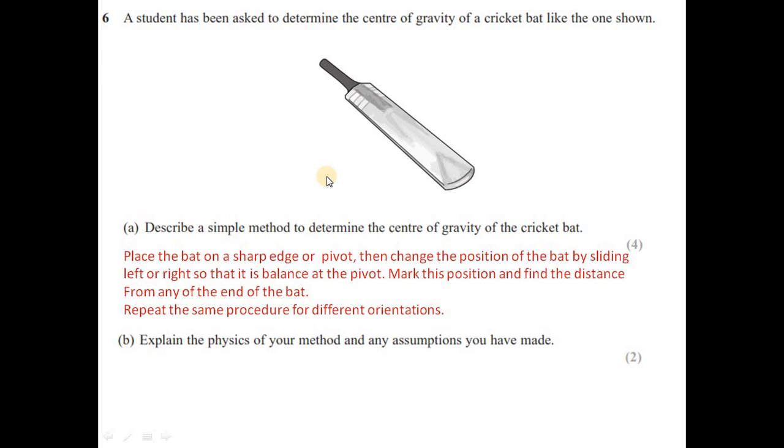Explain the physics of your method and any assumption you have made. The assumption that we are making in our method is that the center of gravity is the point where the weight of the bat is acting, and the physics that we are using is that after balancing,